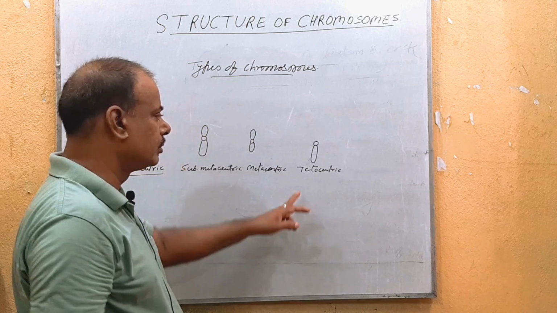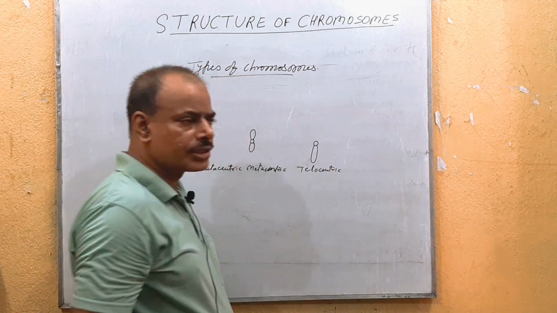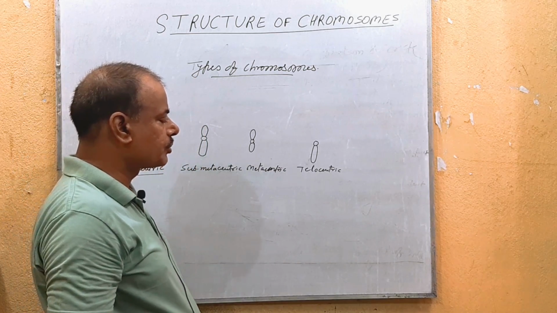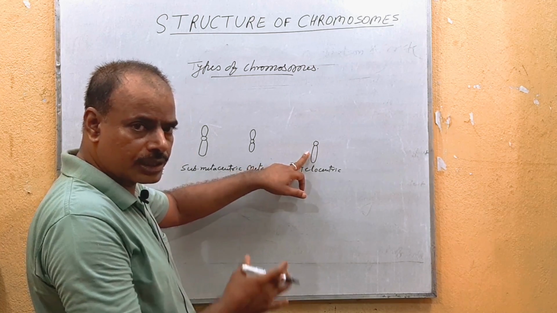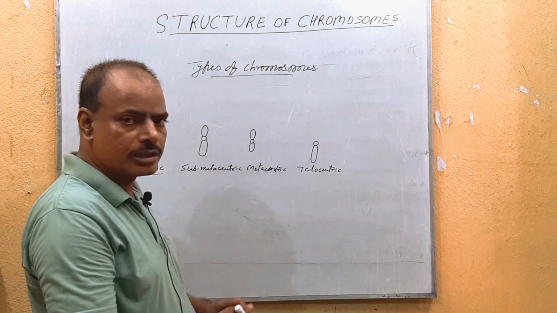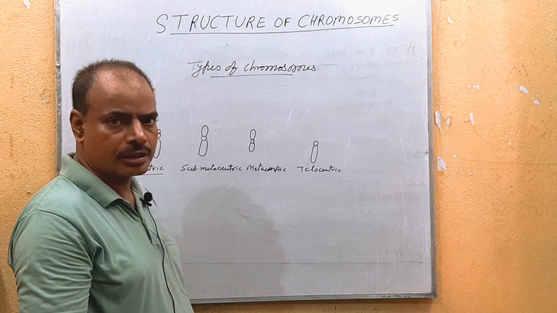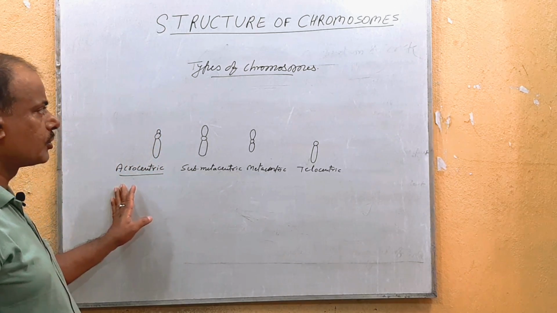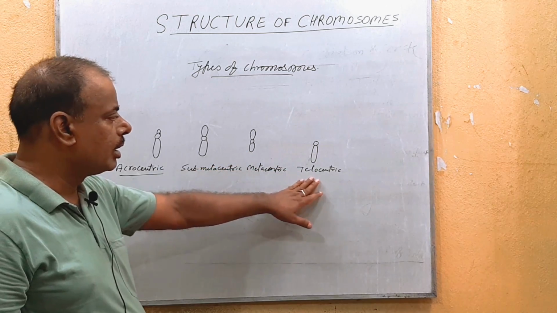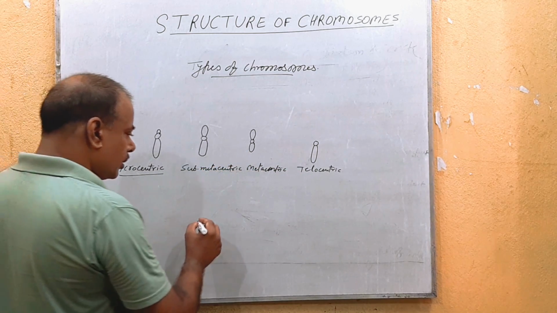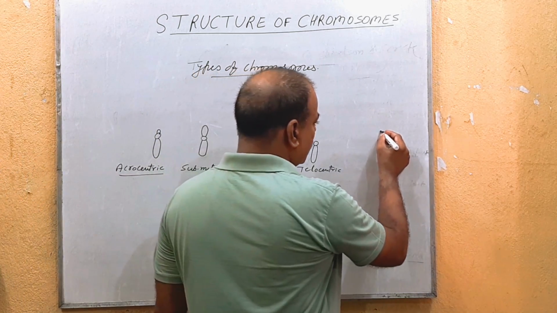Telocentric, because the centromere is located at the apex of the chromatid. So in this type of chromosome, the centromere is located at the tip of the chromatid, and therefore it is known as telocentric. So usually these 4 types of chromosomes are found: acrocentric, submetacentric, metacentric and telocentric. And one more type of chromosome may be found, and it is known as